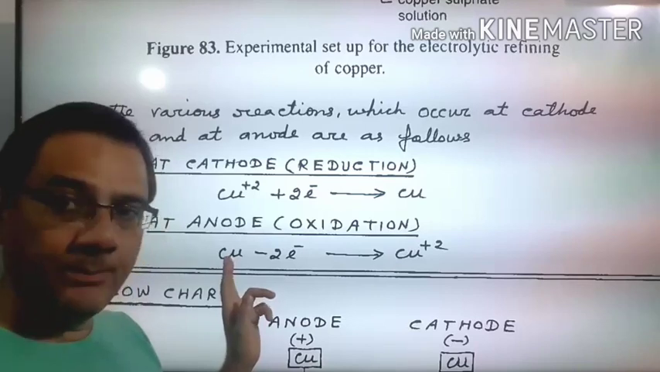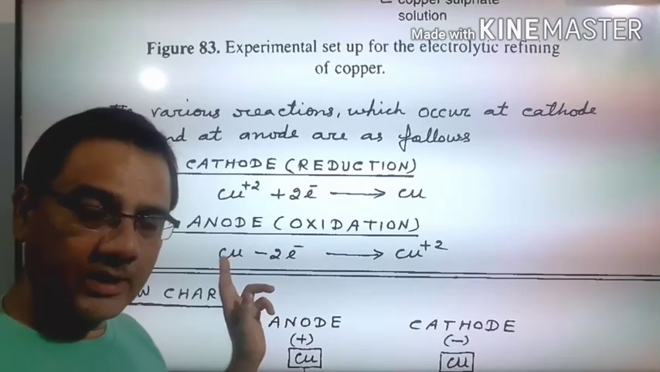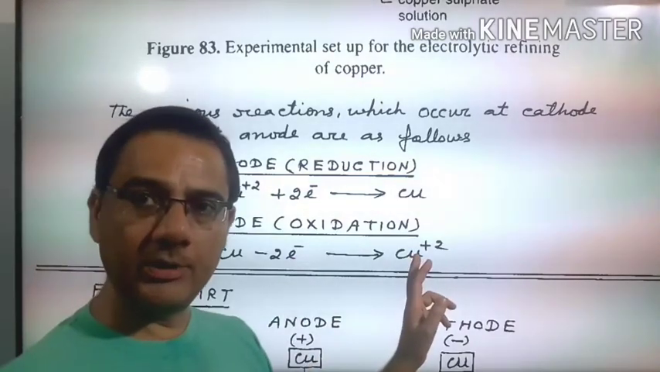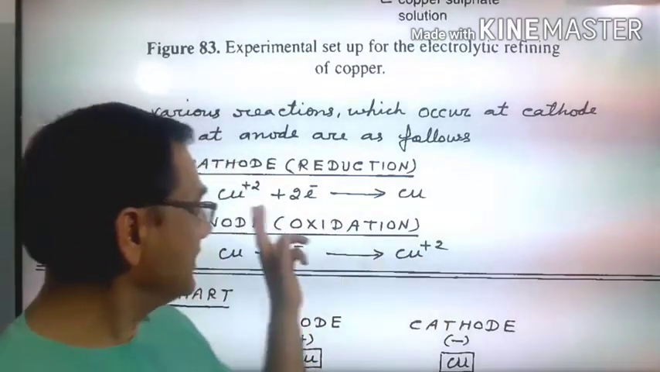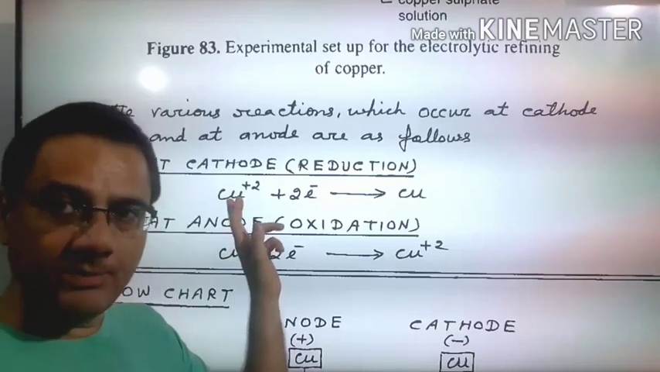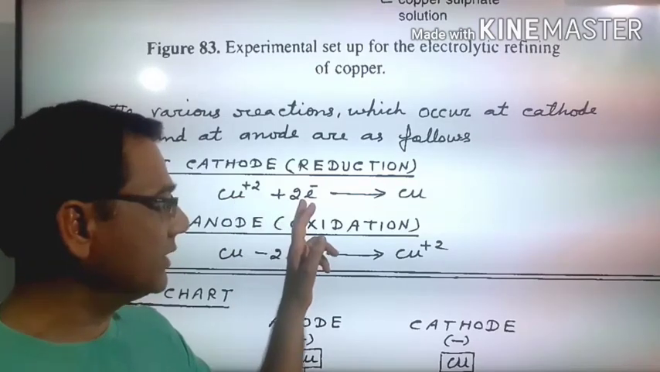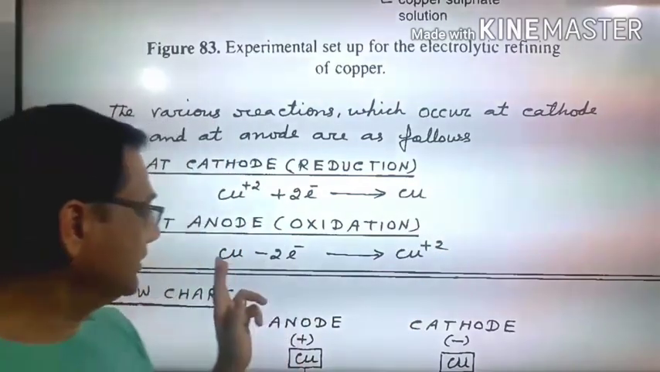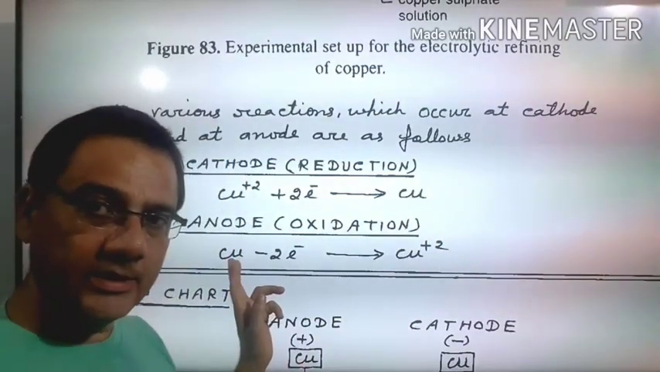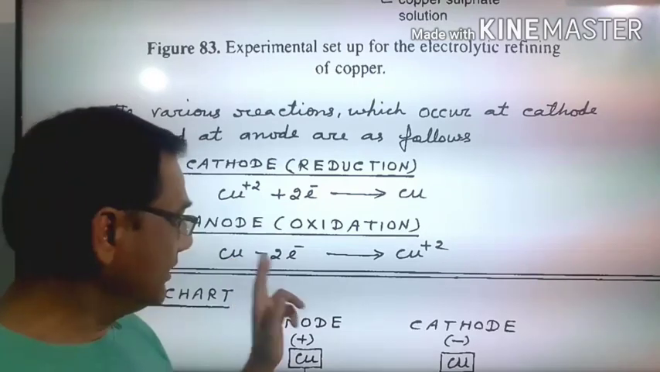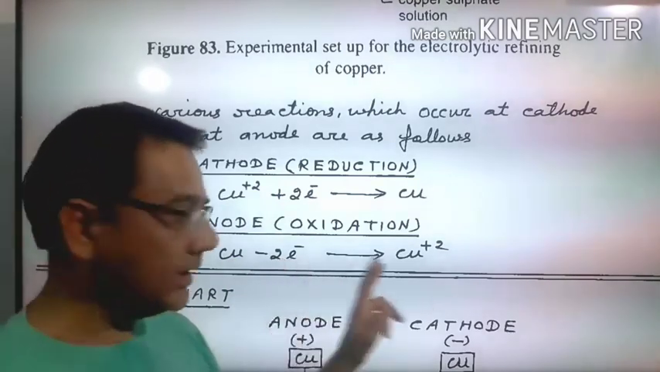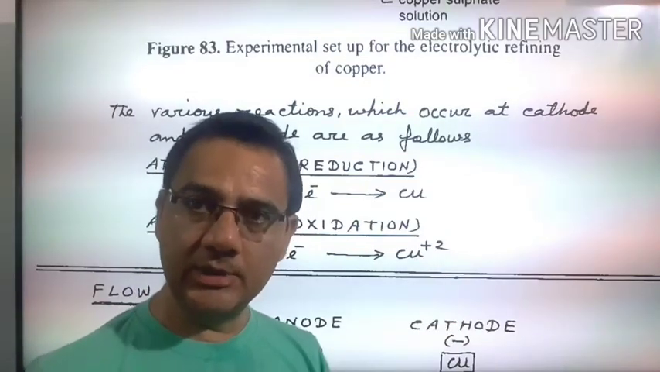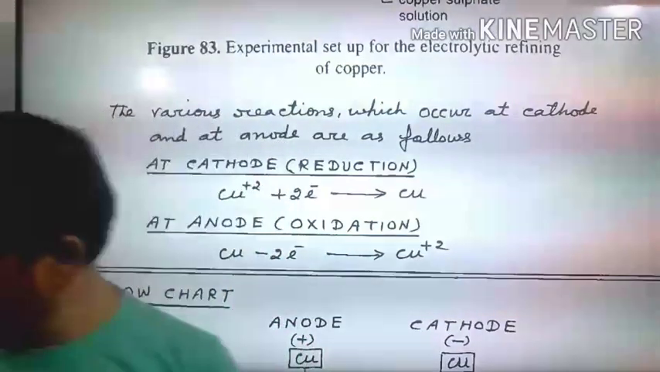एनोड पर that impure copper which is present, हर एक कॉपर एटम that loses 2 electrons and converts into copper प्लस 2 आयन. So this is the cathodic reaction: copper plus 2 ions which are present in the solution move toward the cathode, gain 2 electrons and convert into copper metal. And that copper which is present at anode, यानी कि impure copper, each atom loses 2 electrons and converts into copper plus 2 ion. तो फाइनली क्या होता है, एक चेन प्रोसेस स्टार्ट्स, और उस चेन प्रोसेस में